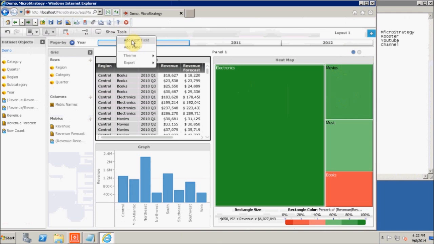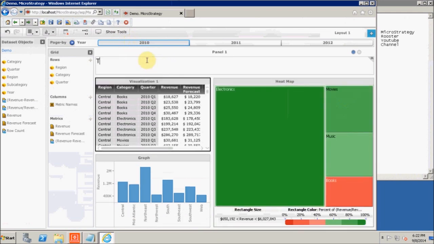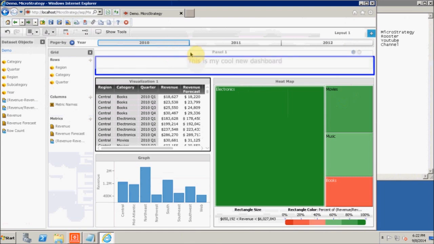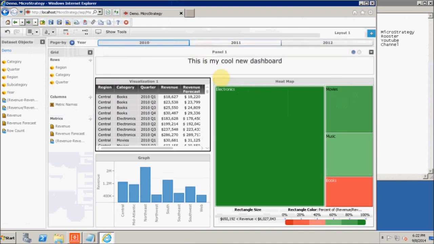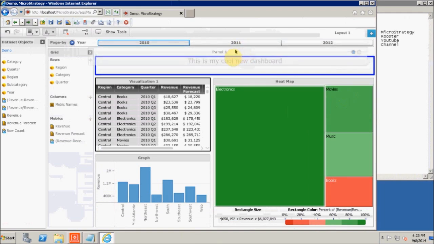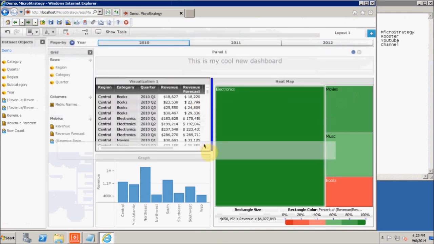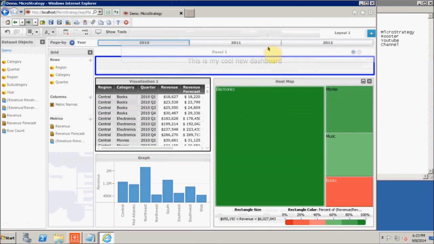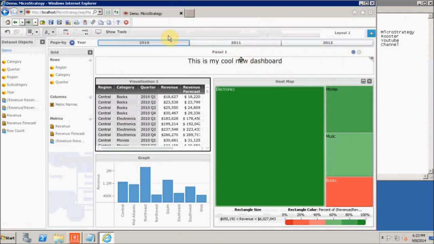You can add text fields, static text fields, like this is my cool new dashboard, and you could actually move it around. This is inside the panel. Put it in the middle. Okay. So I want to put it right. Oh, they don't let me put it on top. So let me switch panels and see what happens. Okay, so only added it as part of the panel. Wonder if I could just push it out right here. Did not like that. Alright, so it's adding it inside my panel, which is, you know, kind of restrictive,